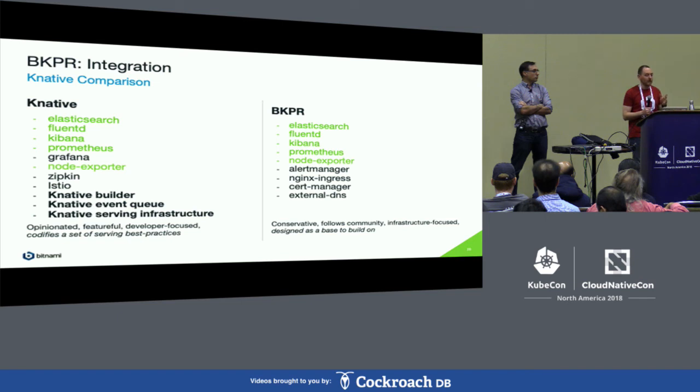So if I had a magic wand, we could merge these 2 projects somehow by getting Knative to reuse the BKPR templates for that common part. And we might actually explore that in the future. So then Knative would be BKPR plus an overlay that added the Knative special magic. That would be a reasonable way to unify these 2 in the future. So Knative is much more advanced, much more bolder. It's recommending ways to develop your software, whereas BKPR is just providing infrastructure, and we're designed to be a base that other people can build on,